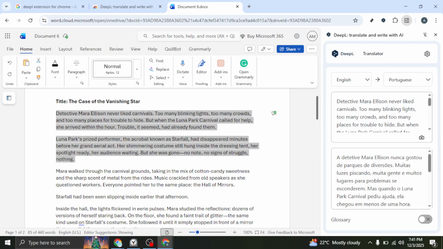That's it. You've added the extension, opened your document, copied the text, translated it in the side panel, and pasted the